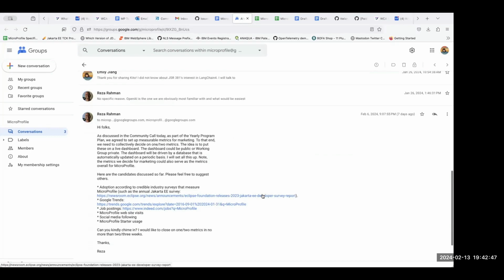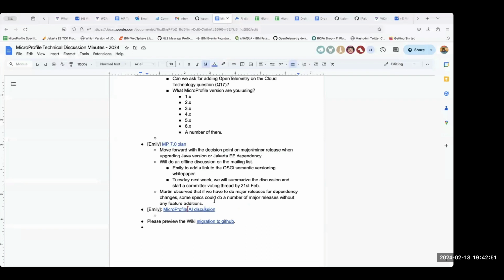My personal view on that: AI is a big topic, of course. Reza said already that Microsoft is pushing that. One of the principles we had for specifications was not to depend on one implementation.